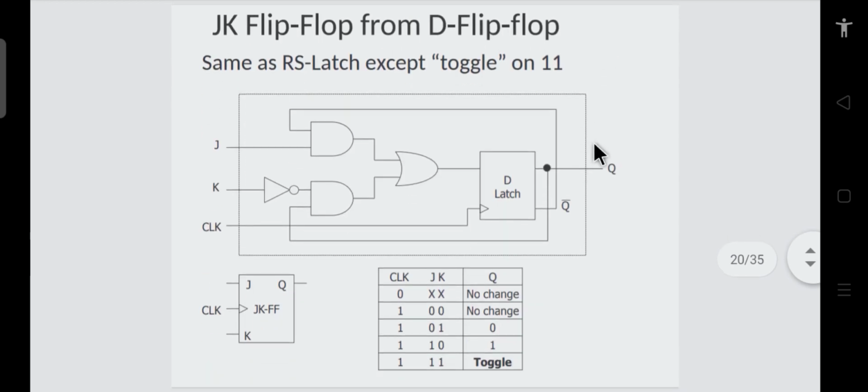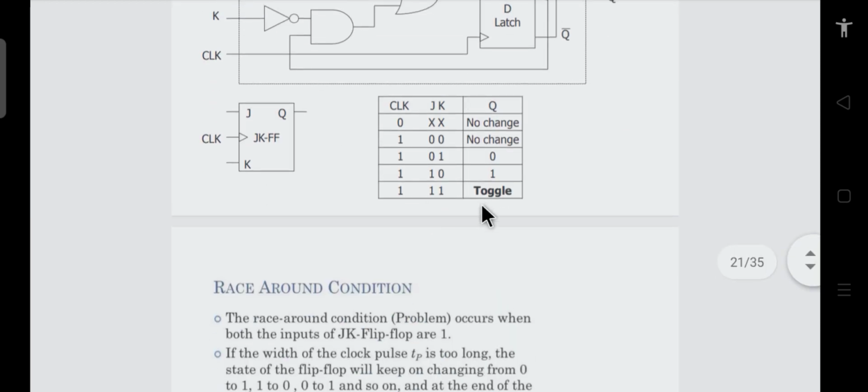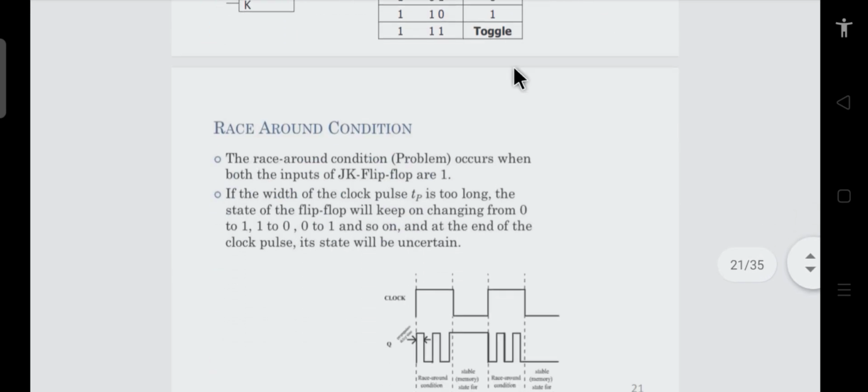Now you can convert any given flip-flop to any other flip-flop. We will see this in detail in the next lecture, but there are simple steps with which you can convert any given flip-flop to any other flip-flop, and it is not difficult. We can realize a JK flip-flop with the help of a D flip-flop by using some combinational circuit. The symbol remains the same, and the circuit should be able to realize the truth table.